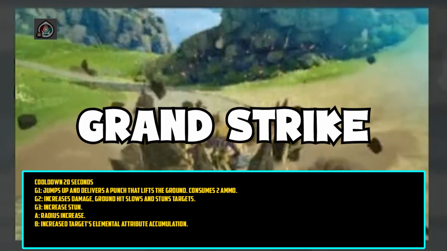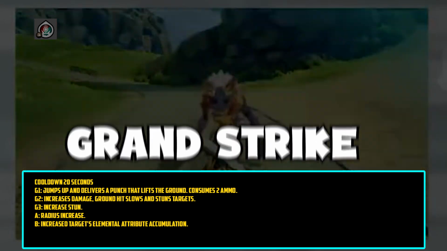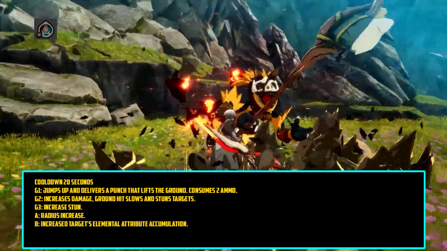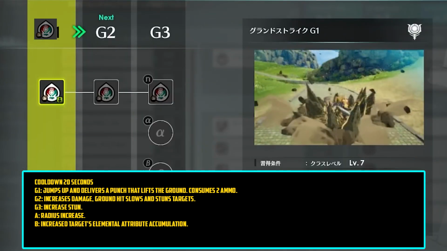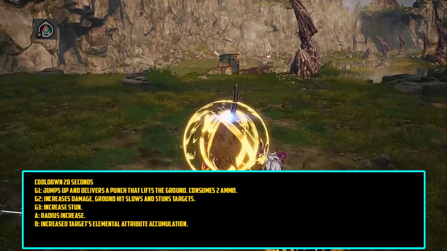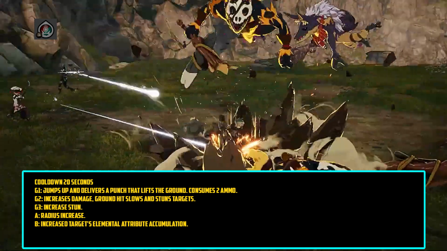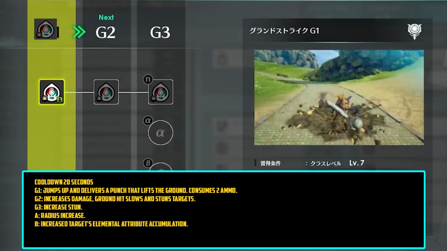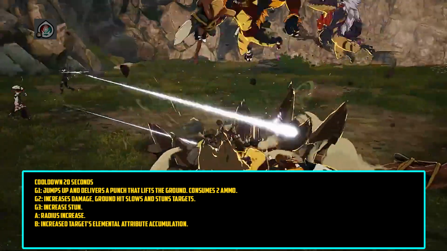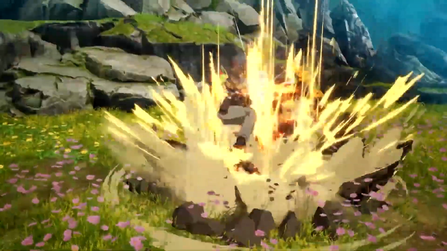This skill has a 20-second cooldown. The base version sees our Fallbreaker jump into the air and deliver a punch that lifts the ground, consuming 2 ammo in return. The first upgrade for this skill is an increase to our damage while also adding a stun and slow effect to enemies once we hit the ground. The second upgrade for this skill is an increase to our stun. We can decide if we want to increase our range or increase how much the target is affected by the